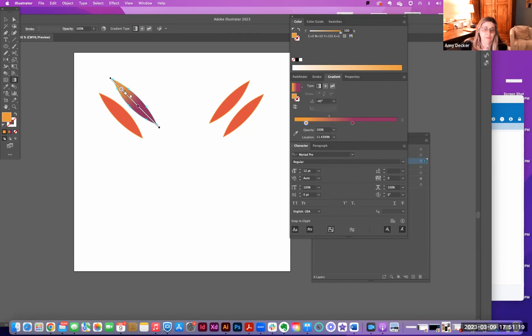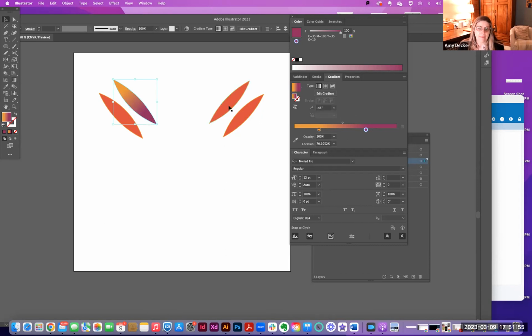So then I can really play with it going from lighter to darker along the width, which I think might actually work really nicely for me. So try that. Try filling, but not only just filling it, choosing your colors, maybe adjust the angle. You can also play with the opacity, right? So on and so forth. So go ahead and